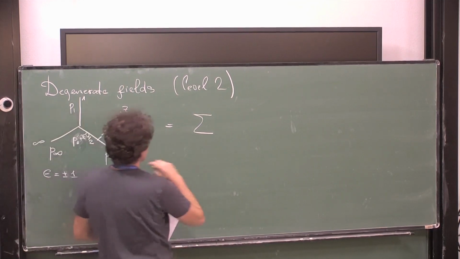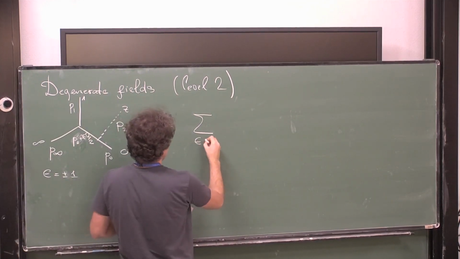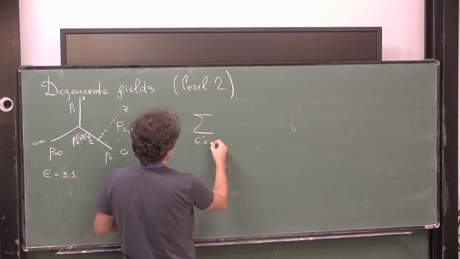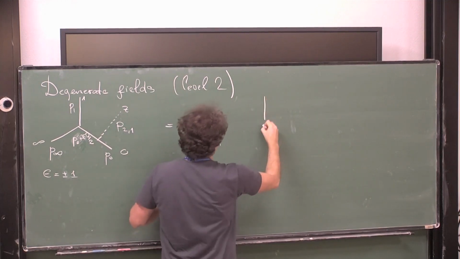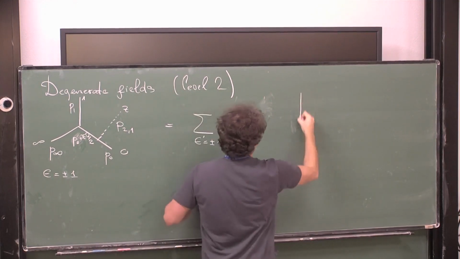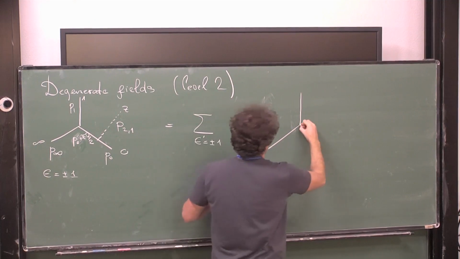Then this is necessarily a sum with respect to epsilon prime equal to plus or minus 1,